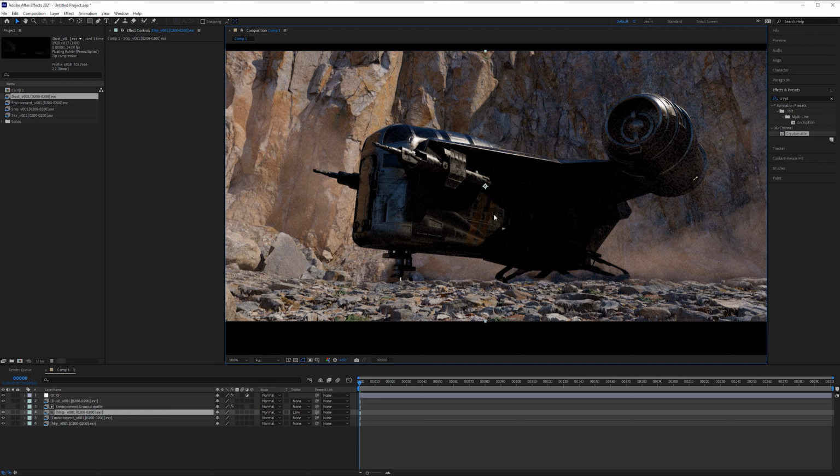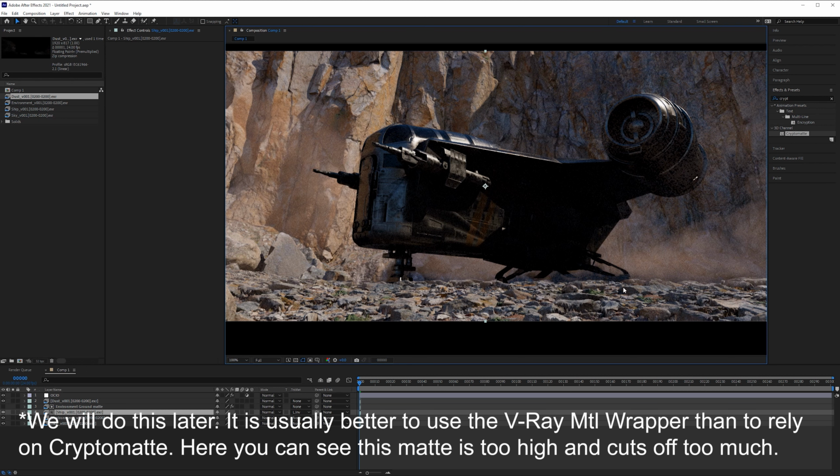On the off chance that you can see the landing gear clearly on yours, you probably didn't even need to do that at all. But for some reason that doesn't work. You can re-render your environment with the ship matted out in the same way that we did the dust. So review how to do it on the dust and do the same thing on your environment layer. And as always, if for whatever reason you can't figure it out, just ask me and I'll be more than happy to show you again.